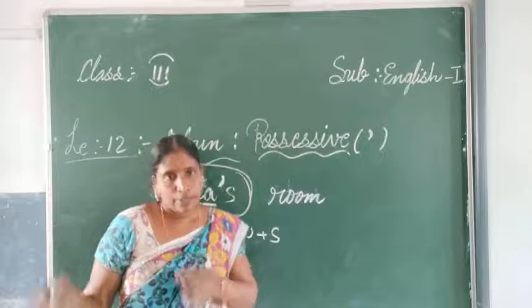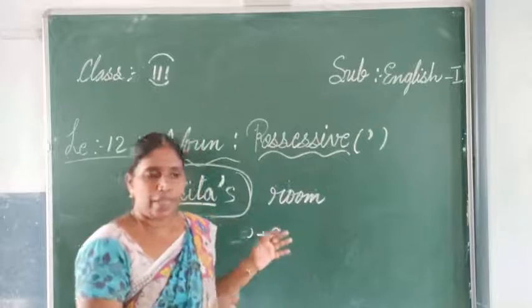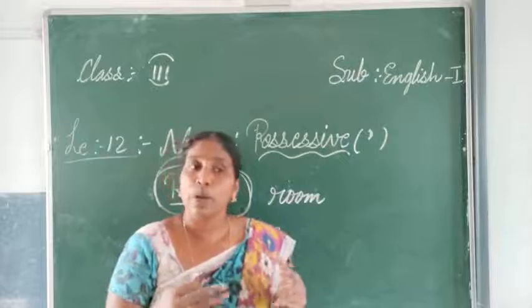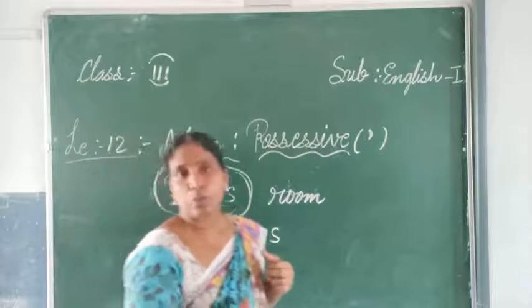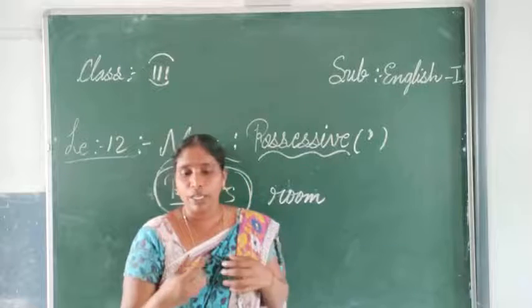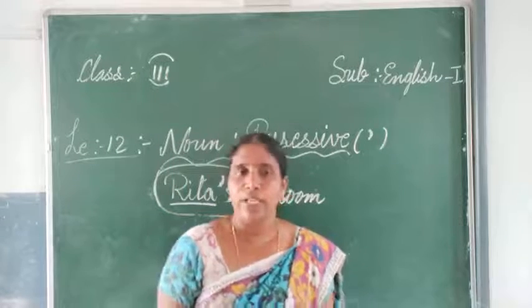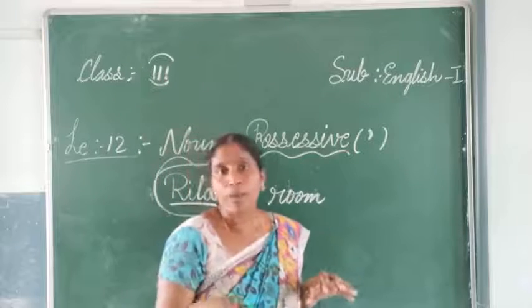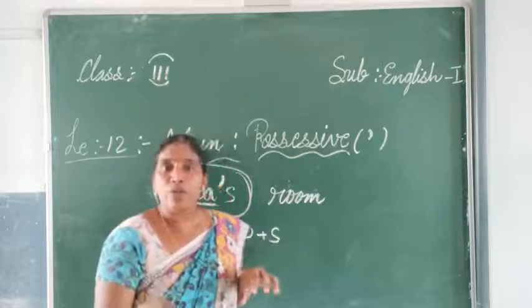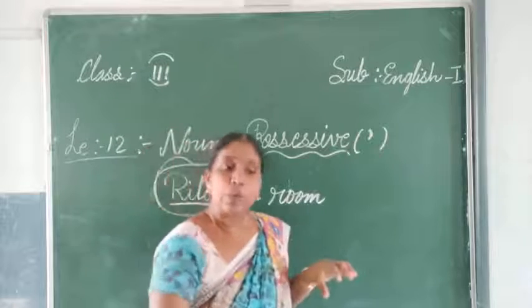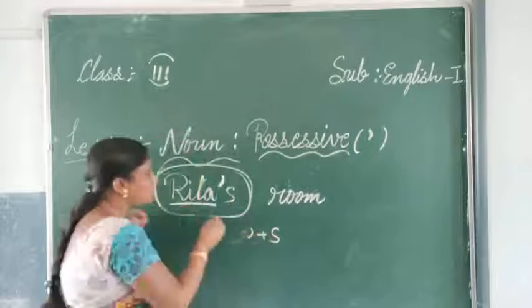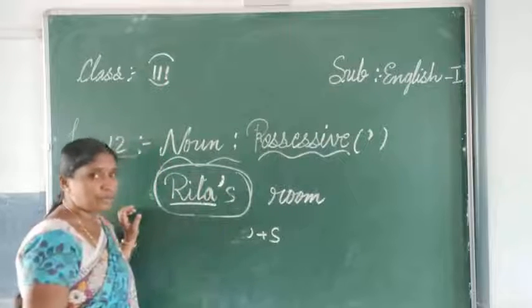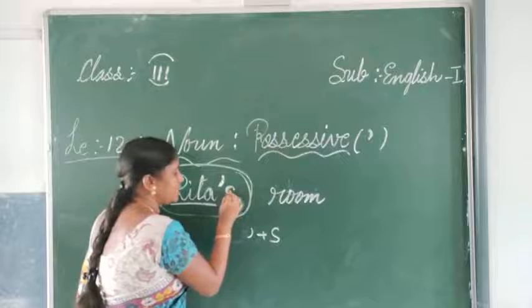Belonging to the person who is main, means that things belong to her. Like that, belongs to me, we will say. Whatever book or anything, when we see Rita's room, many things are there, and all things belong to Rita. So when we want to say particularly that all these things belong to Rita, what are we using? The apostrophe plus yes. So after the apostrophe we will be using the letter s.